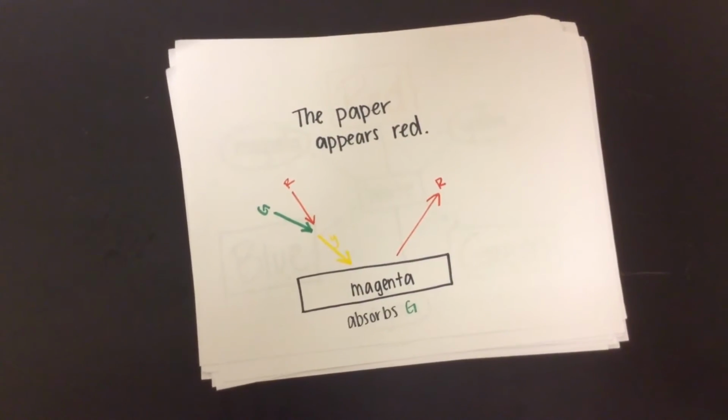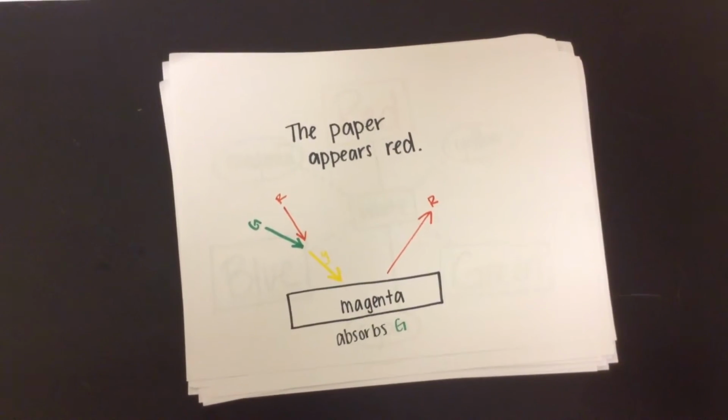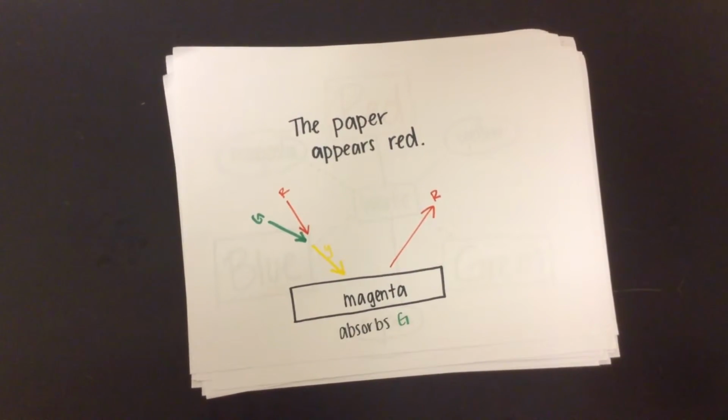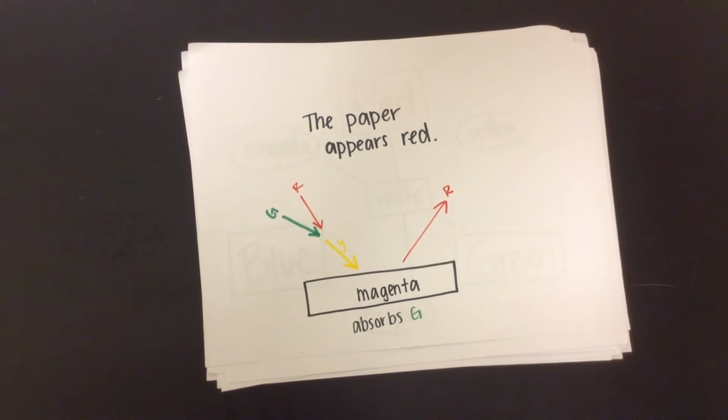complementary colors. The color of light you shine on an object can change the color you see. If you shine a yellow light on a magenta paper, the paper will appear red. It is important to think about the colors that an object will absorb in order to figure out what color